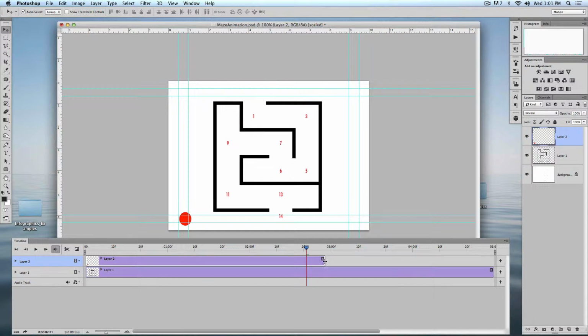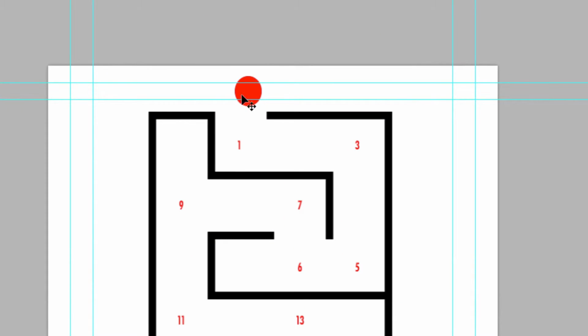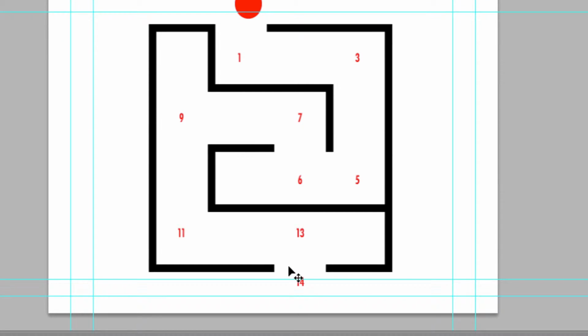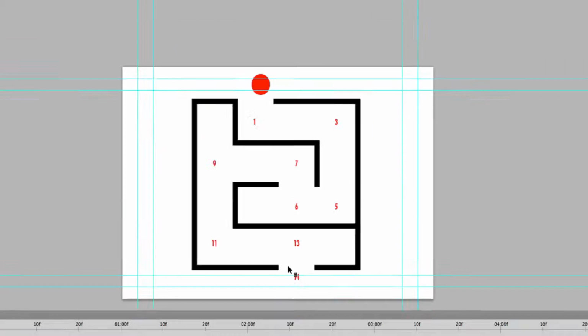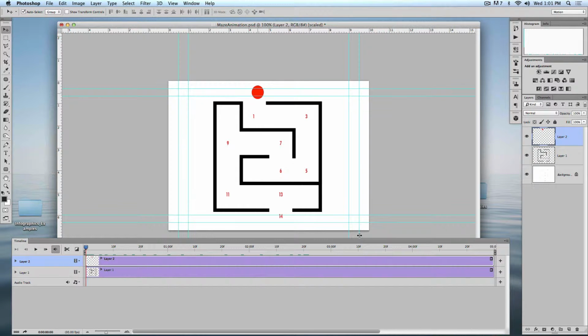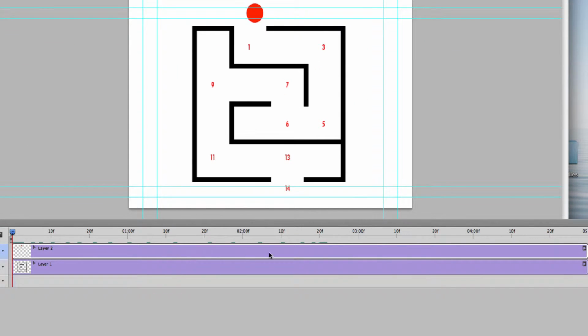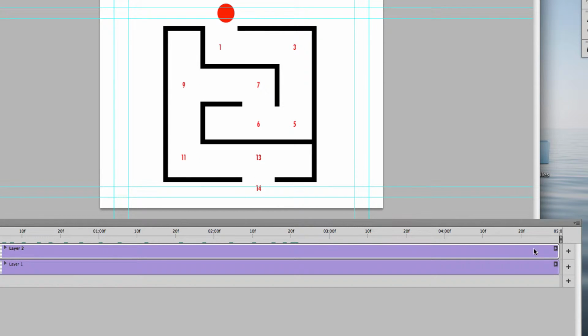So what we're going to do for this animation, we'll place the ball back at starting point, is I want to move this ball from here through the maze. And you can follow the numbers as they go through. And you'll see why it's set up. The first thing I need to do is to set my duration of each one of these to last for 14 seconds. Right now, all of this is taking up a lot of time, all the way to 5 seconds